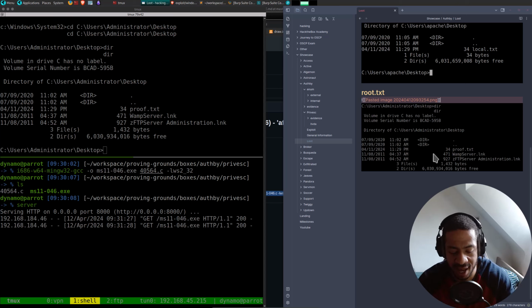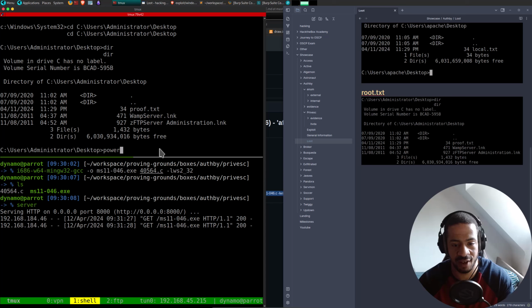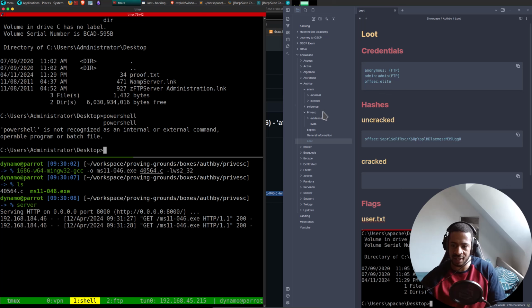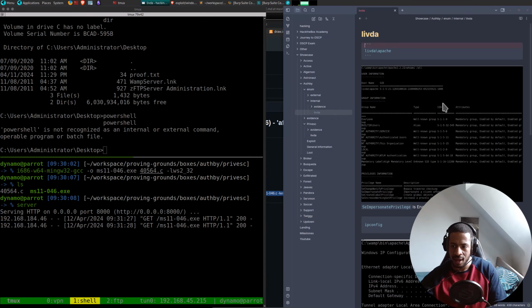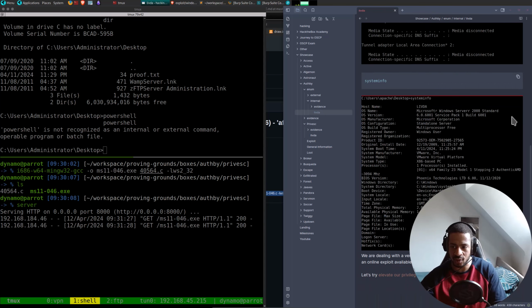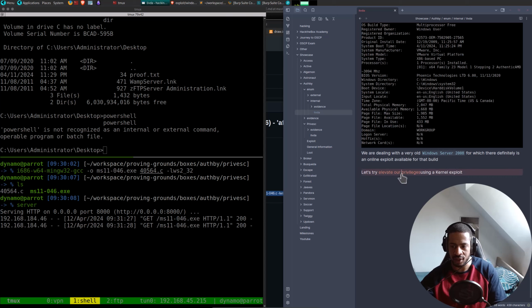We spawned a CMD shell. Did it have PowerShell? No, it didn't have PowerShell. Of course, because in 2008, PowerShell didn't exist, I don't think. But anyway, we enumerated the box a bit, and we saw that not only was SeImpersonatePrivilege enabled, but we also then saw that the build was extremely old.